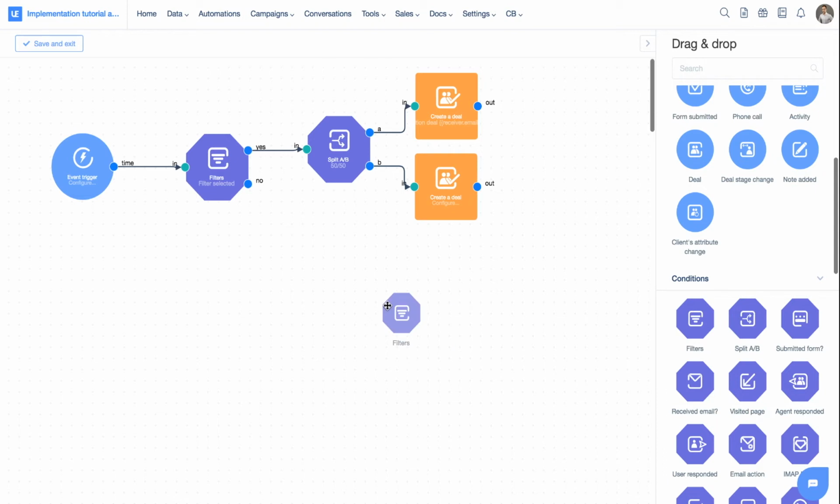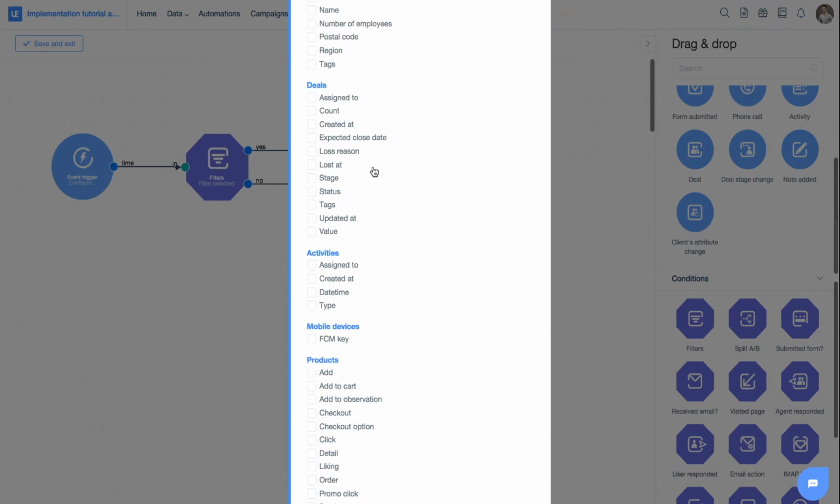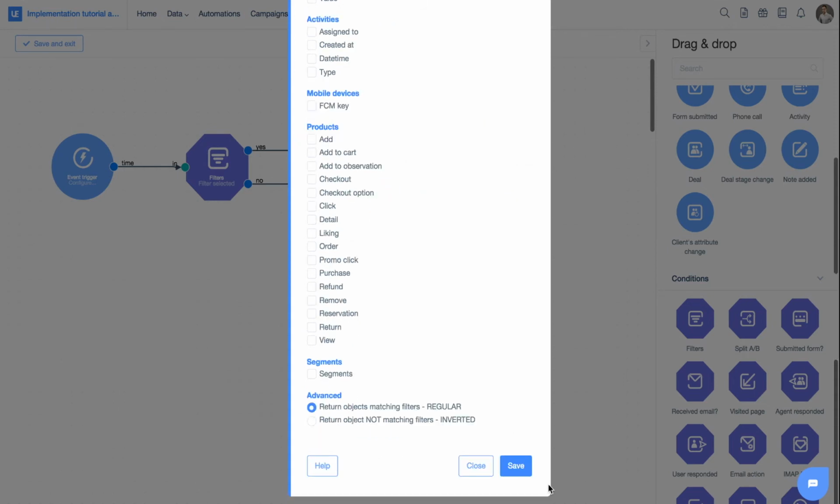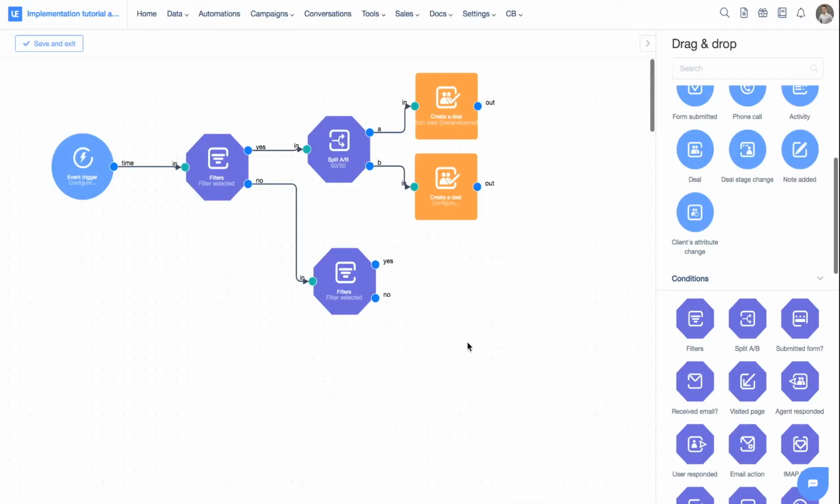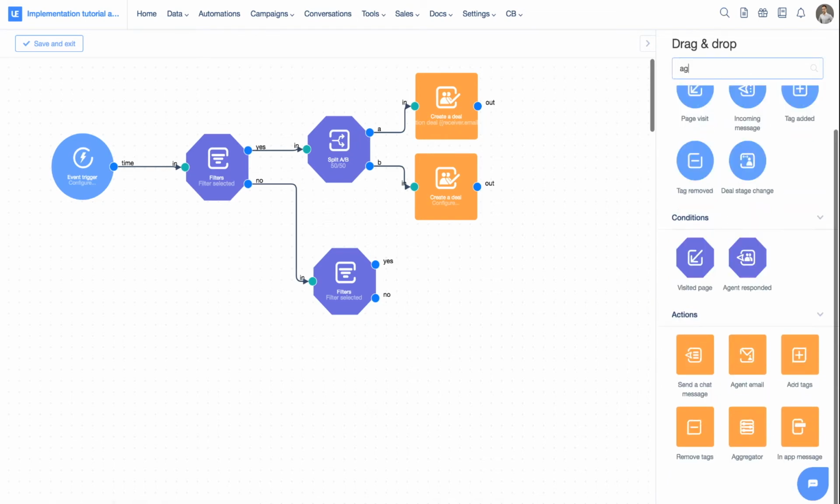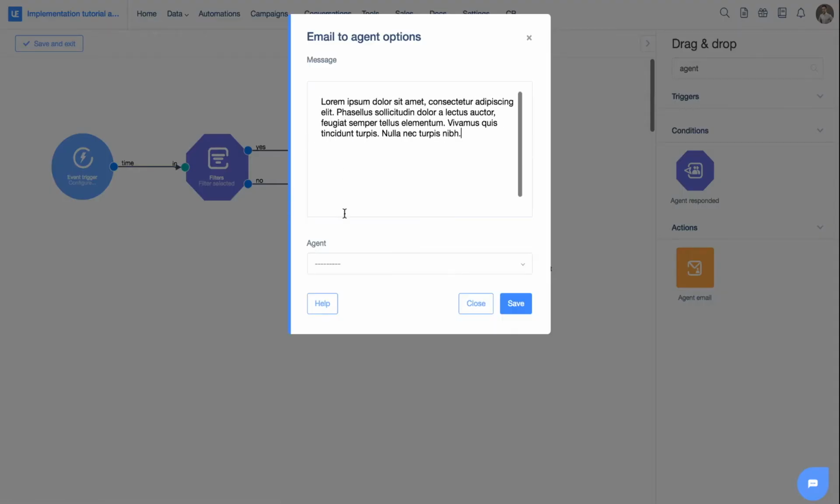So I'm going to use a filter to find which sales representative is assigned to this user. So I again scroll down to deal, assigned to, and exactly Lech Golevich. Great, I can save it. And if that's the case, then I will send an email to Lech Golevich. So here's my agent, and I will go, hey, the agent user profile